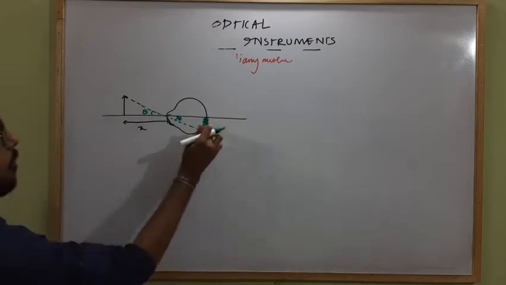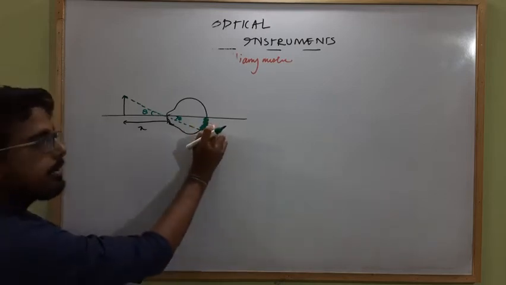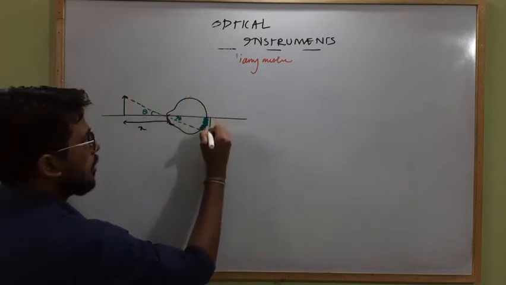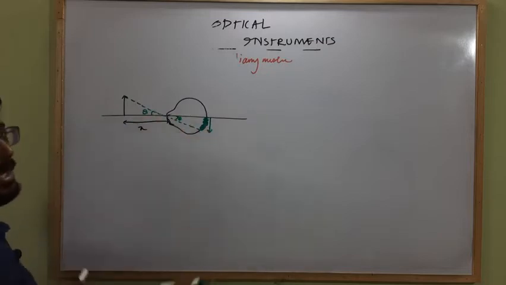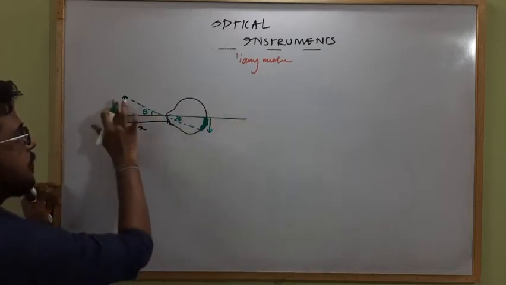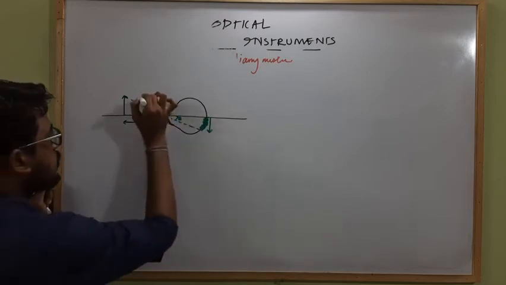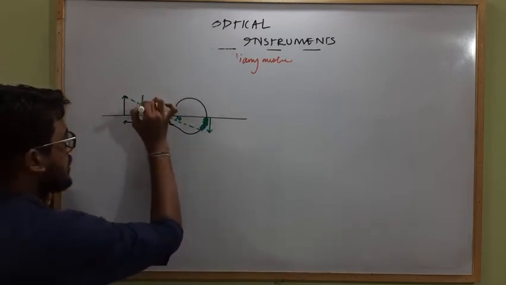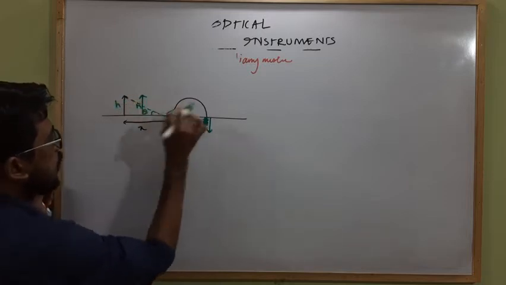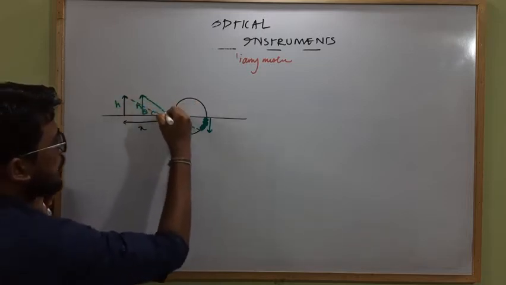So this much amount of rods and cones got activated by the rays. So this much size will be observed by the eye, or we can recognize this much size of the image. If we further move the object close to the eye like this, if the same object of height h is placed close to the eye, it will subtend a viewing angle this much.